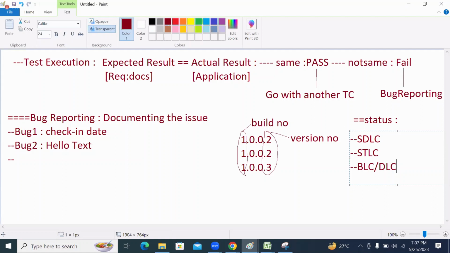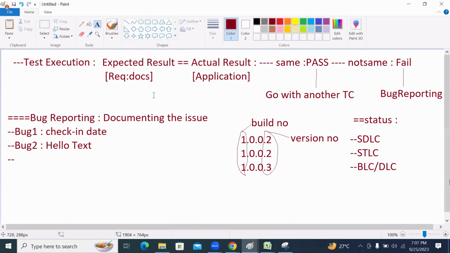So related to this particular status, we need to understand the concept of bug life cycle or defect life cycle. After that, I'll take care of severity and priority. By that, we'll complete the whole bug reporting, and then we'll take care of